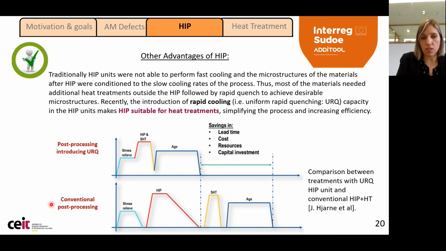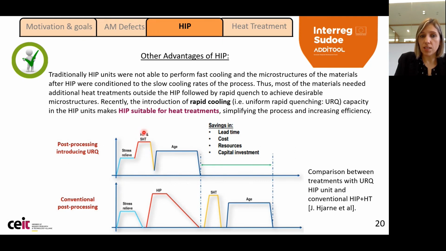Well, if we observe the conventional post-processing that is usually used, there is a first stress relief treatment, then we use hot isostatic pressing for closing all the porosity and the cracks, but because the part traditionally cools very slowly, the microstructure that we obtain afterwards is not optimal. So then we have to do solution treatments again with a quenching, and then a precipitation treatment, again with air cooling or quenching. So by applying rapid cooling directly in the HIP process, what we can do is make